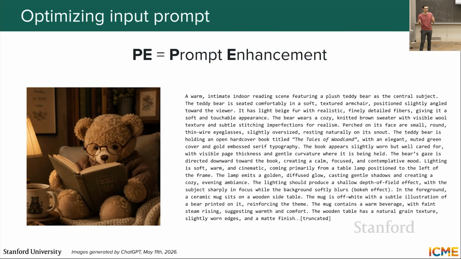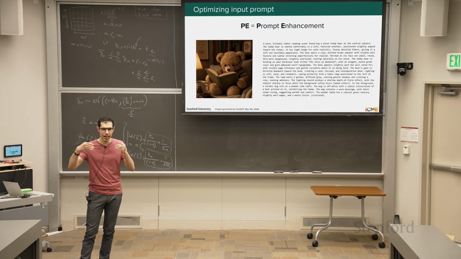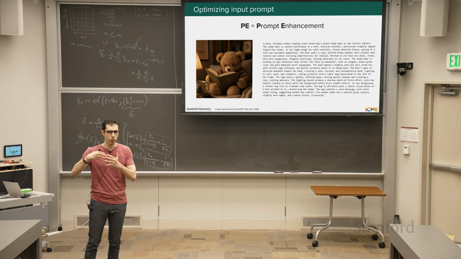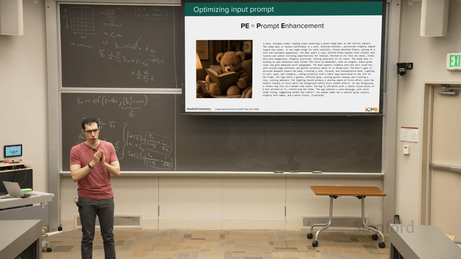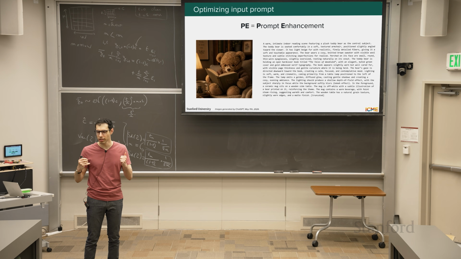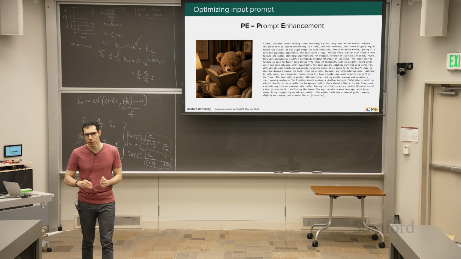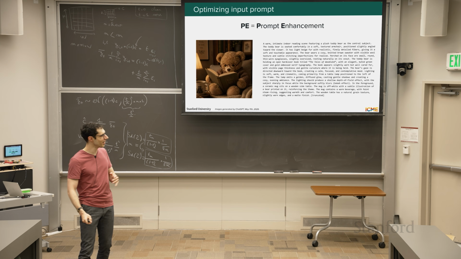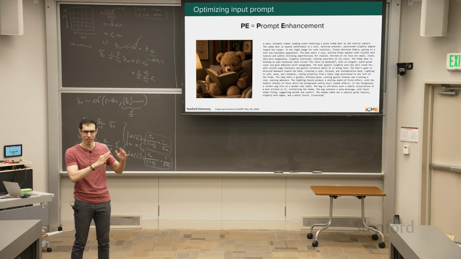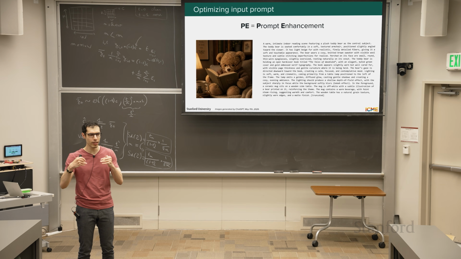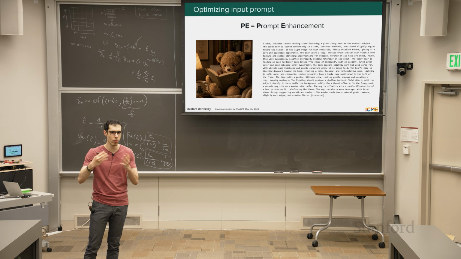So the point here is that these alignment methods allow us to have much greater control on what we want the output image to be. And there is therefore a mismatch between what we teach the model and what users tell the model. Because let's be honest, you and I, if we want to create an image of a teddy bear, we'll just say a teddy bear reading a book. But we want something that looks like this. So there needs to be something in between that is able to prompt our model in a way that will